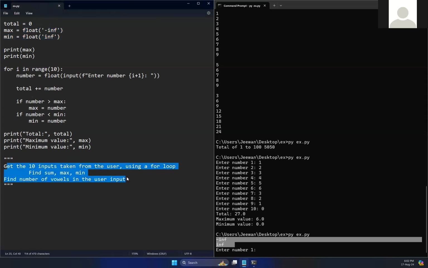Right. Number of vowels in the user input. Someone please quickly complete and give it to me. Then we're gonna start with the what